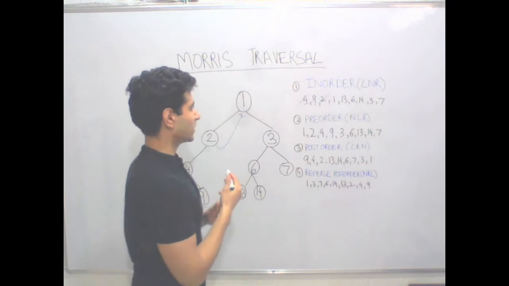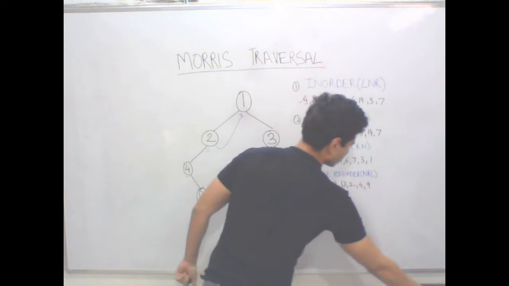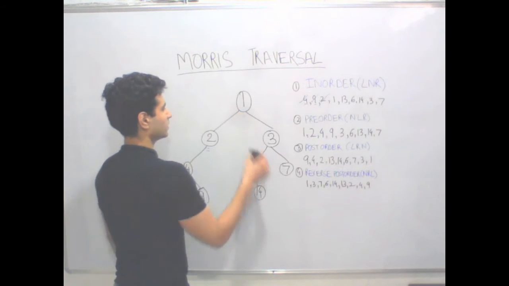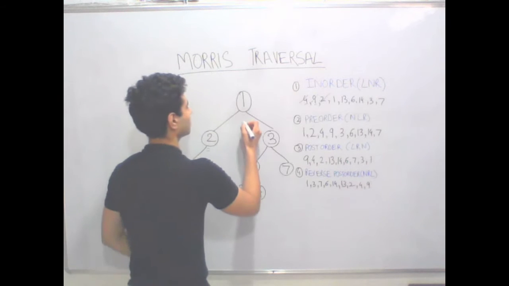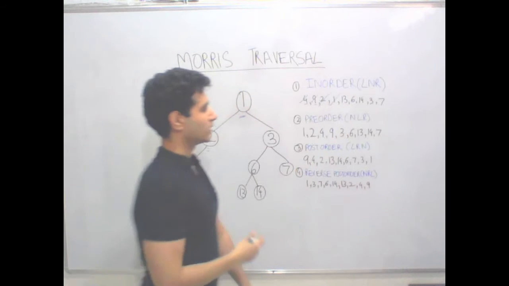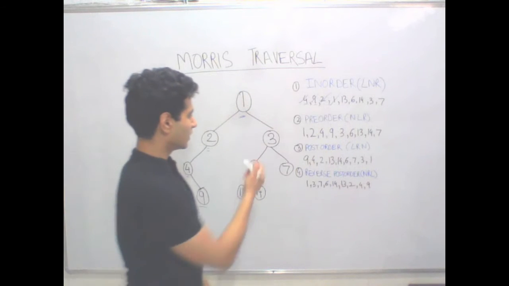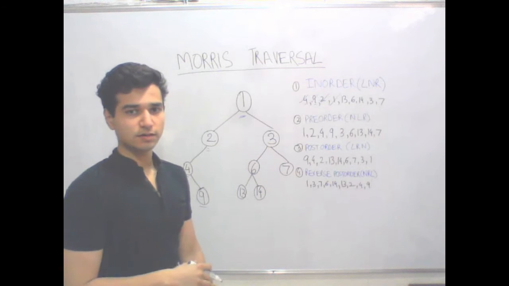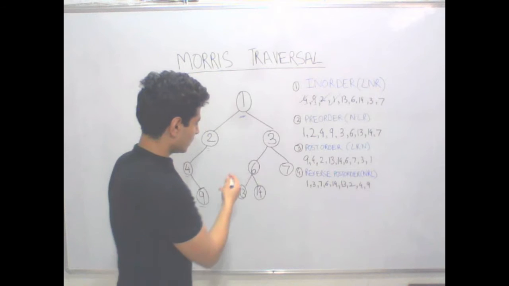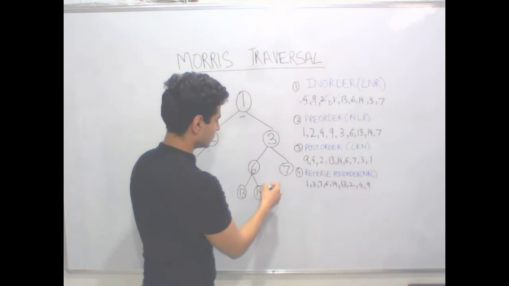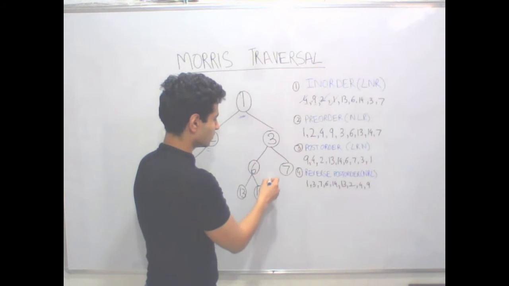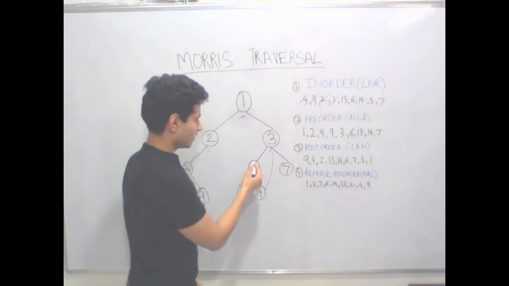So we will first restore this node, and assign 1 to our array and move right. Again in this mini subtree, we will do again the same thing. We'll keep on going left and assign this. The predecessor of here is 14, 3 is 14. So again make a link here and go left.